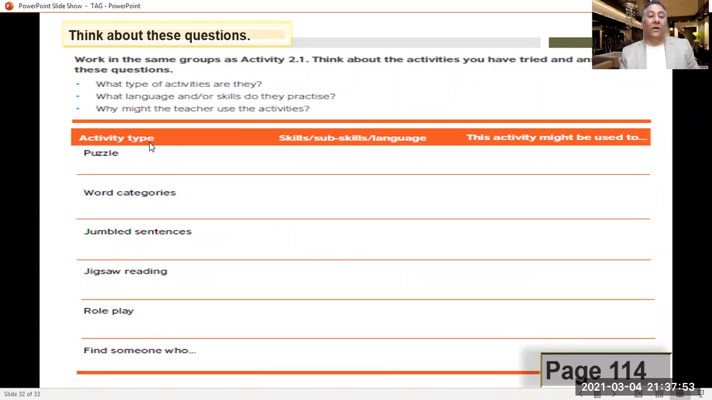The activity types: puzzle, word categories, jumbled sentences, jigsaw reading, role play, find someone who. For each one of these activity types, think about the skills or the sub-skills and the language you aim for through this activity. And this activity might